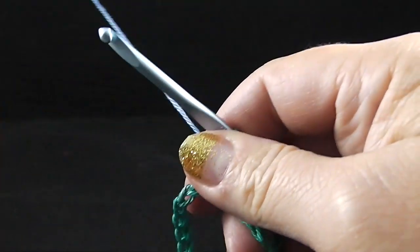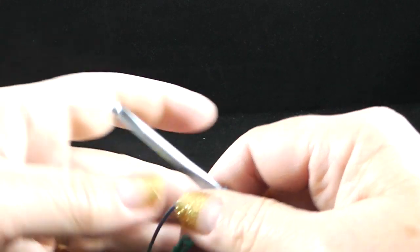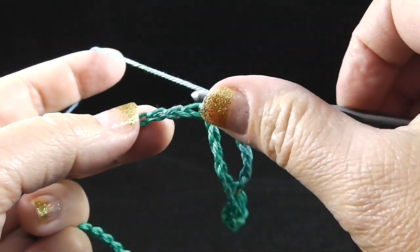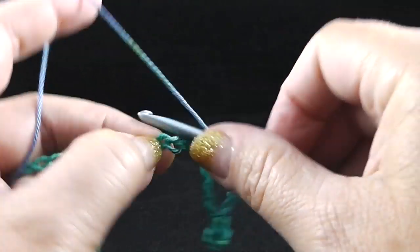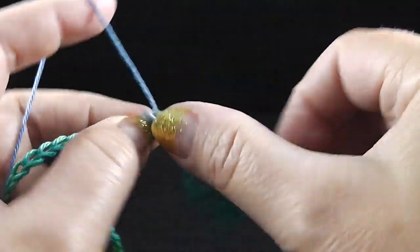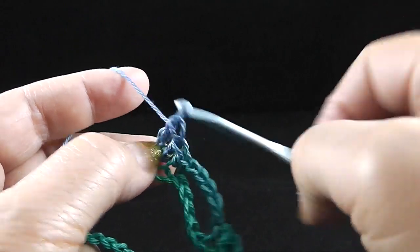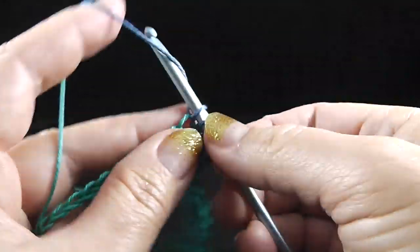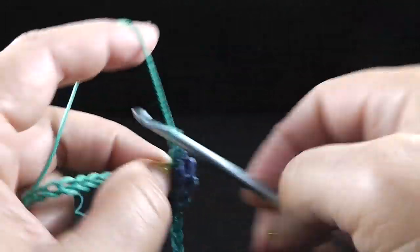Now we are going to skip 2 chains and get some more yarn pulled out here. We're going to skip 2 chains, 1, 2, and in this next chain right here, we're going to work 5 double crochets. 1, 2, 3, 4,